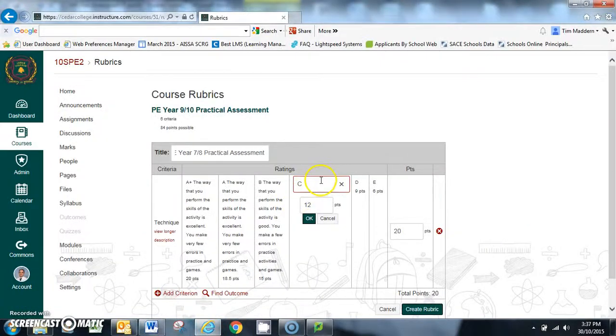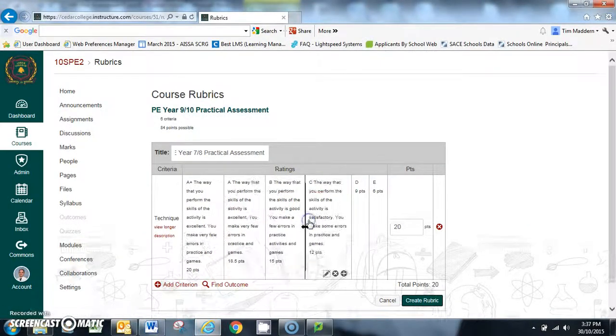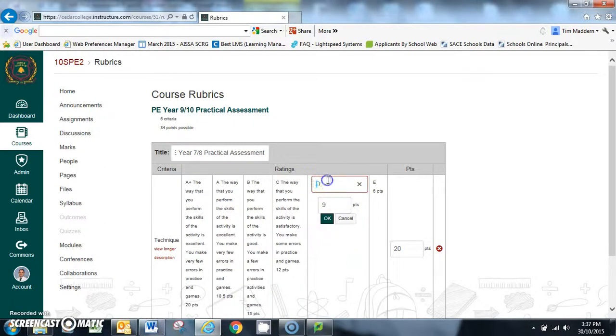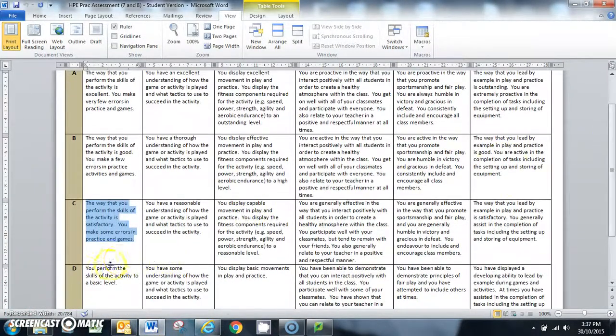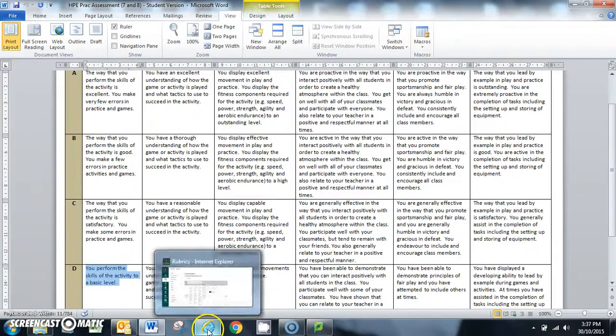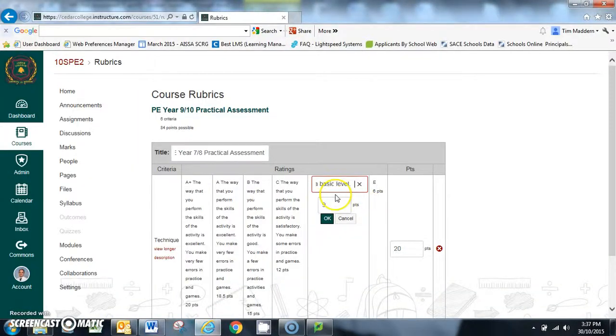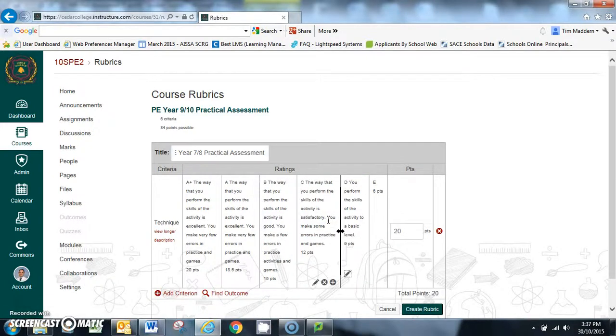Go back into my rubric, paste the description in and choose OK. Go into the D column, I'm going to choose my little pen icon to edit that. Again, go into my Word document, copy that in, and select OK. What you can see is that it's automatically allocated a total of 20 points for this particular